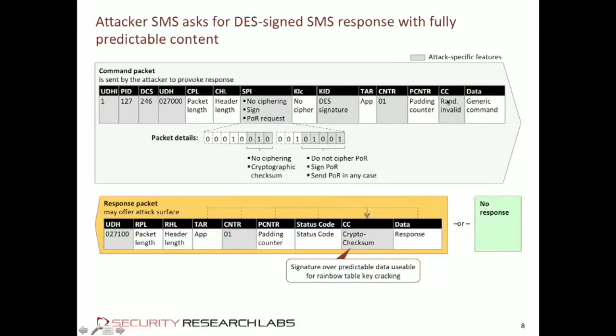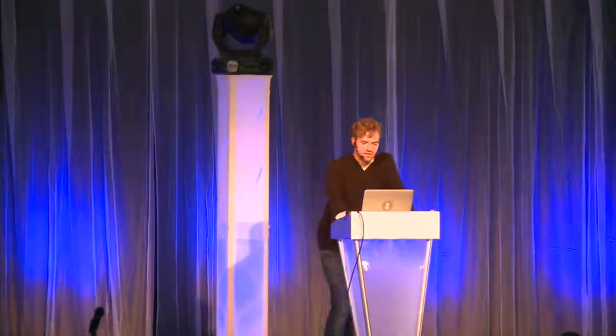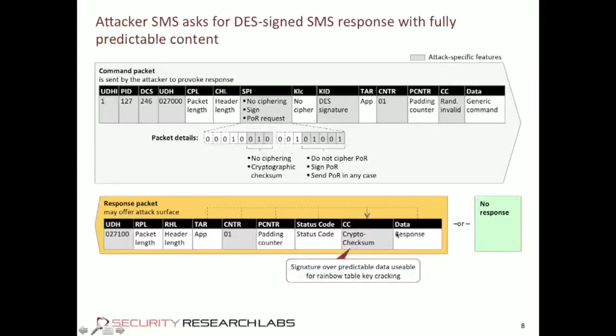The card then responds, again, as a binary SMS, includes, again, the application number. It includes a counter. This is meant as a security feature against replay attacks. Fortunately for this attack, the counter is only checked after the signature is being checked. So since the error code says the signature is wrong, the card never got around to checking whether the counter matches, and it just copies the counter from the request. And the response itself is this error code.